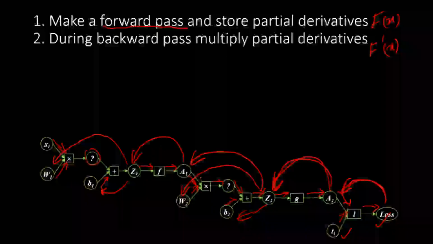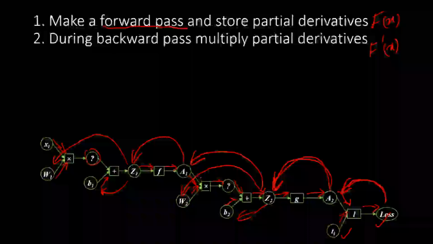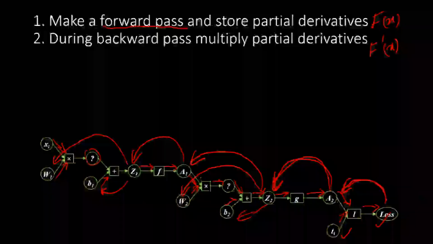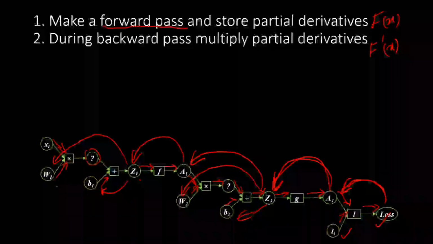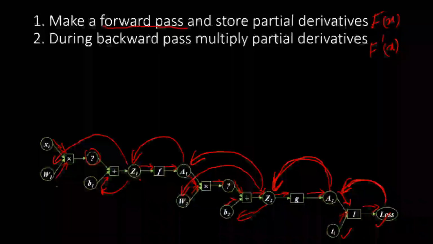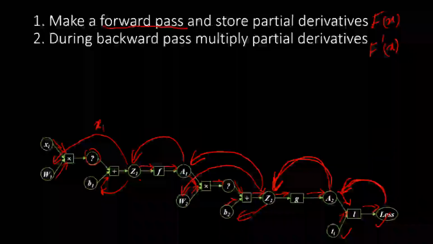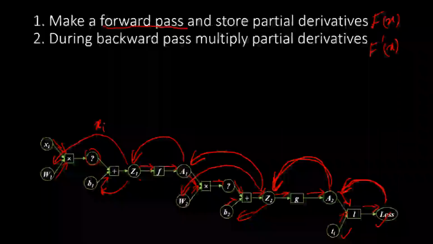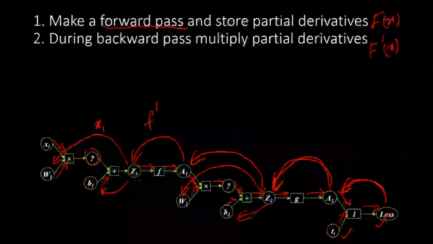So when we are doing the forward pass, at that time itself we can compute the partial derivatives and store them locally. What does that mean? So we know, what is this derivative of z1 with respect to w1? What is that derivative going to be? That is basically going to be xi. Okay, so here your derivative is xi. What is the derivative of a1 with respect to z1? That is going to be f dash at the value z1.